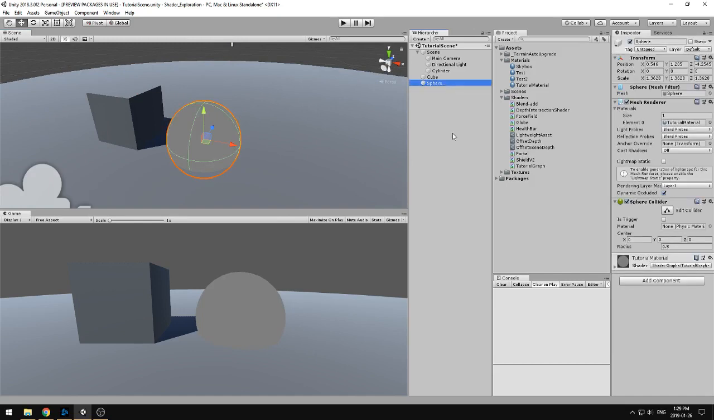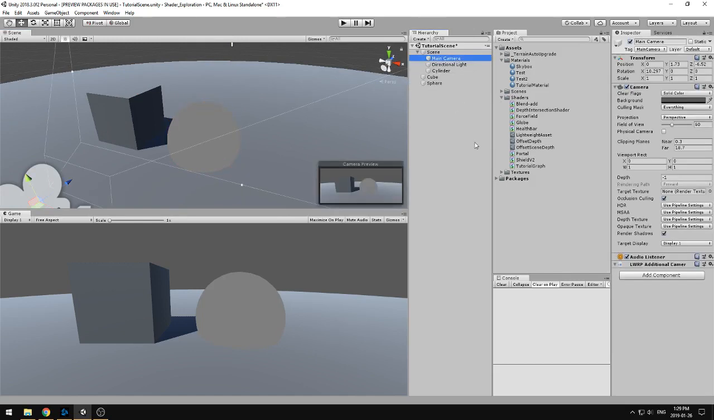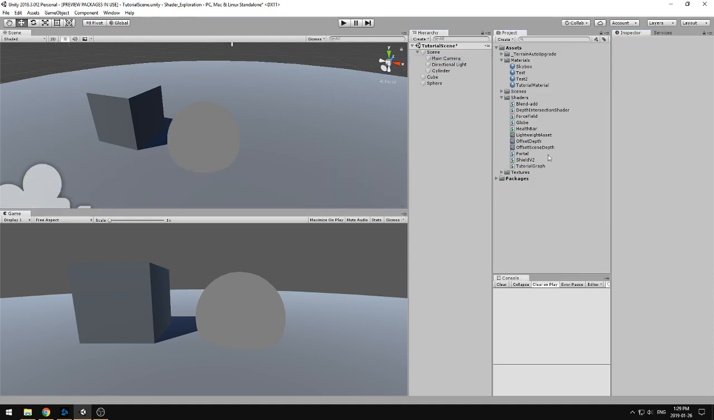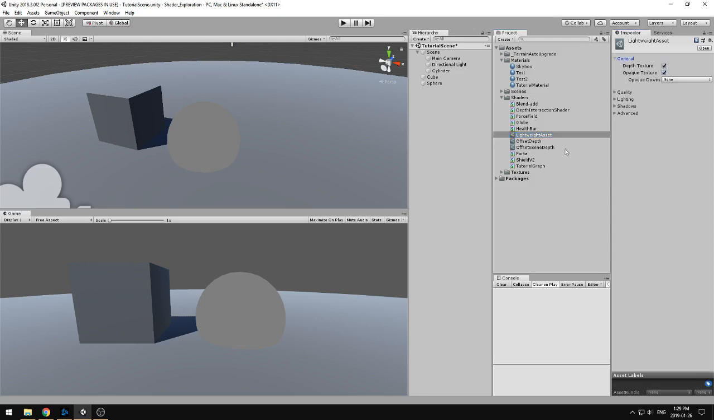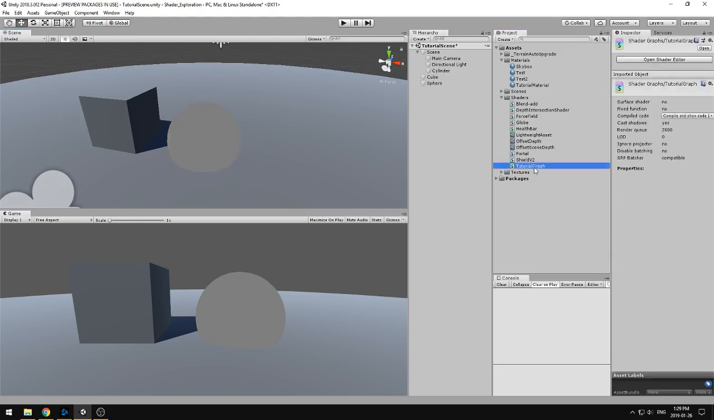Another thing that we want to make sure is turned on for the sake of this tutorial is, if you go into the main camera, you should be using the pipeline settings, but basically you want to be rendering the depth texture. So in my pipeline settings, my lightweight asset, once you install the package, you want to make sure that we are rendering the depth texture. So now that it's done, I'm going to go into my tutorial graph